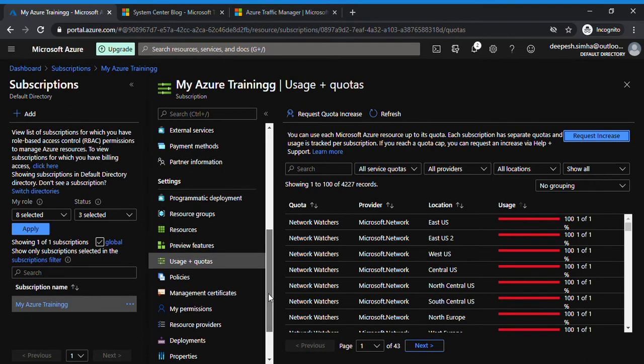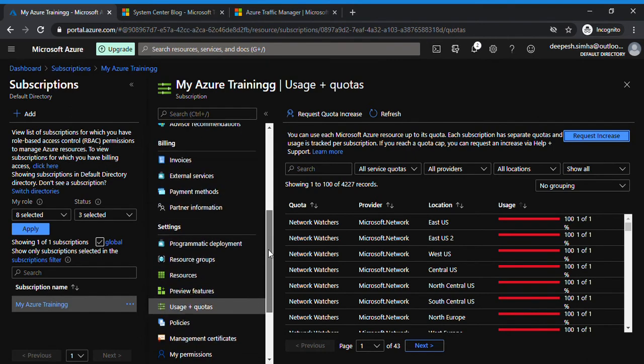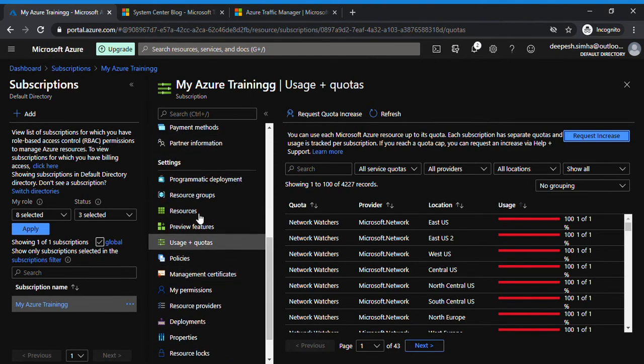Guys, in our previous session we talked about resource groups and resource logs. We also have some other options here. What is meant by resources? Resources are nothing but what you have created in a subscription. I'll give you one example.